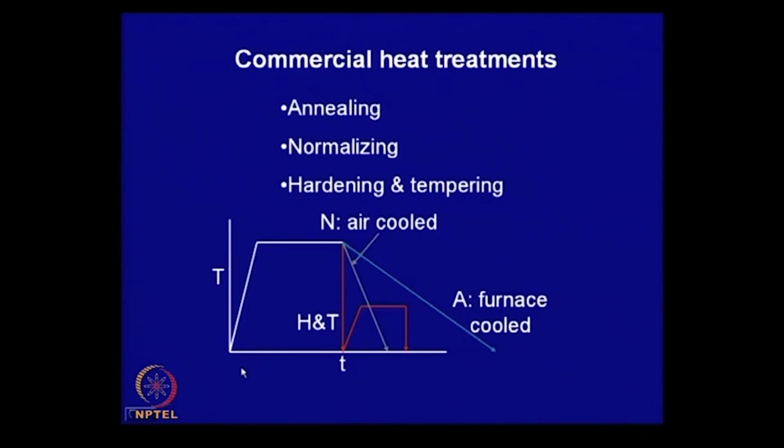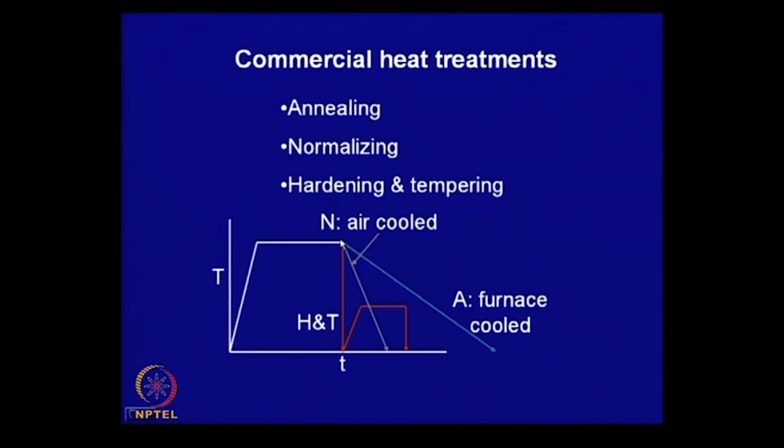And here, in the heating cycle shown, the normal common practice is you heat it to an austenitizing temperature and keep it there. Let us first consider eutectoid steel. The austenitizing temperature, irrespective of whether it is annealing, normalizing or hardening, is around 30 to 40 degree centigrade above the eutectoid temperature. This is the heating cycle, and this is the soaking cycle. After the structure has become homogeneous and the temperature is also uniform, then